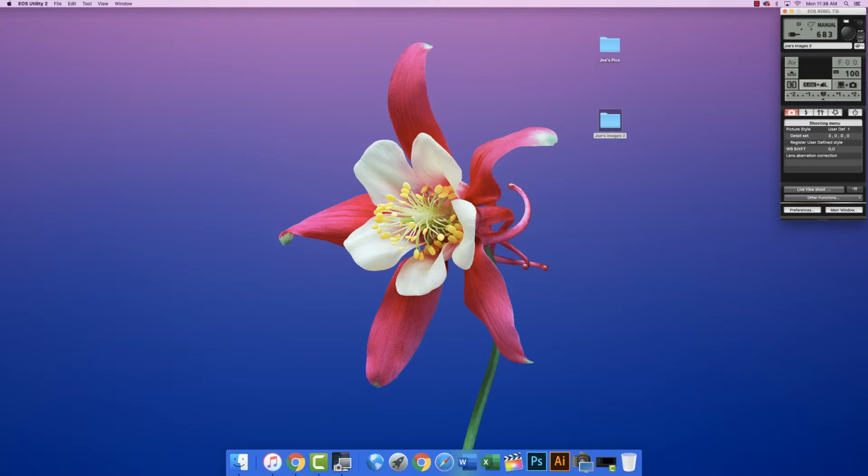I also want to make sure that this is set on 0. This is aperture priority, and I'm going to talk about that in a moment, but this should be set on 0, and if it's not, you can move these arrows until this lines up as 0 on exposure compensation. Now we can open up the live view window,